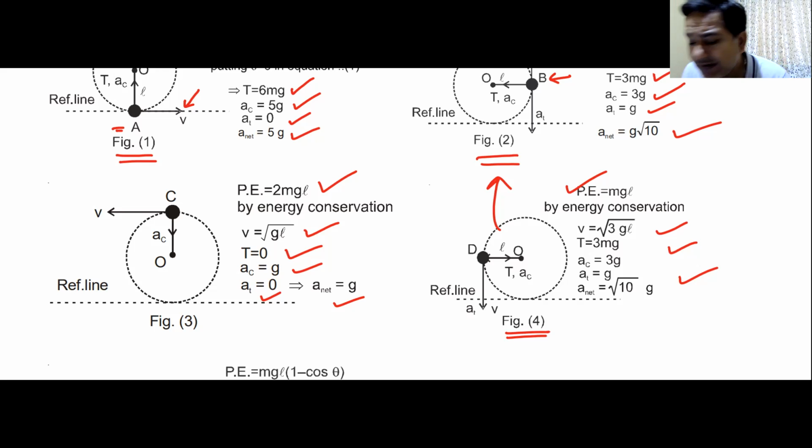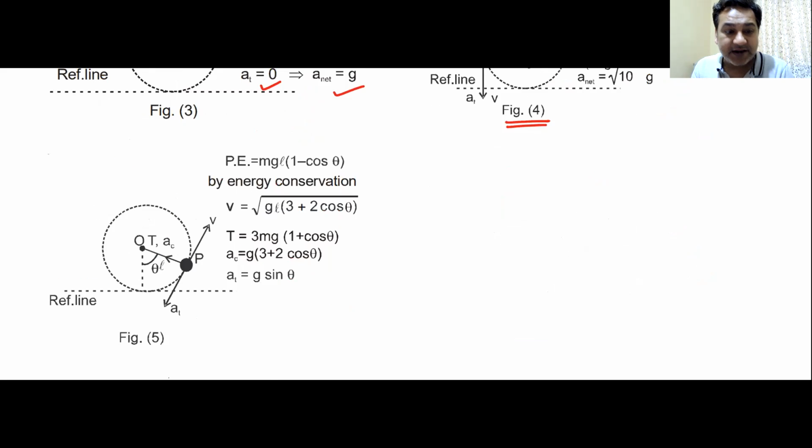I hope we have written these equations, and then comes the last case. In between points, what happens at the in between points? And just remember this equation and you would be good enough. At any angle theta, if this angle is given as theta, potential energy is this much, speed at this point